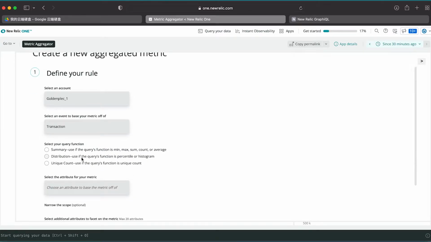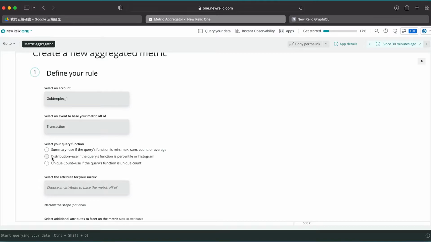And then we need to choose the query function we want to use. If you would like to be able to query the average, minimum, maximum, sum, and count information, you can choose summary. If you want to be able to query percentile or histogram of the new metric, you can choose distribution.